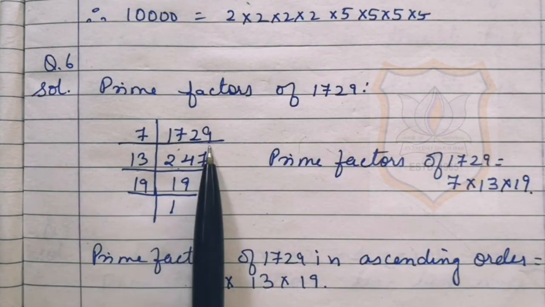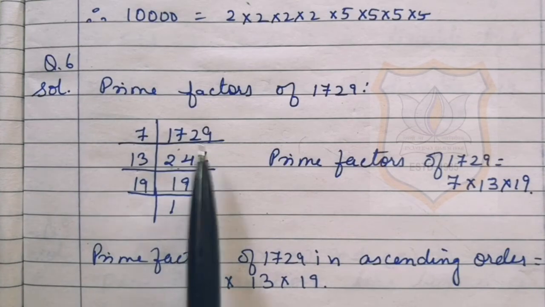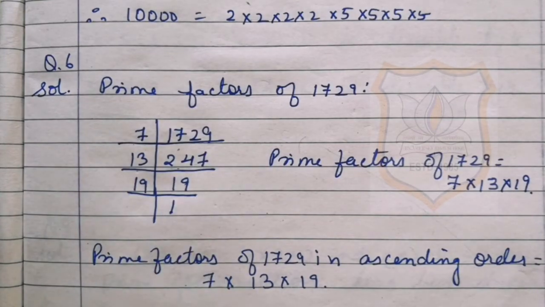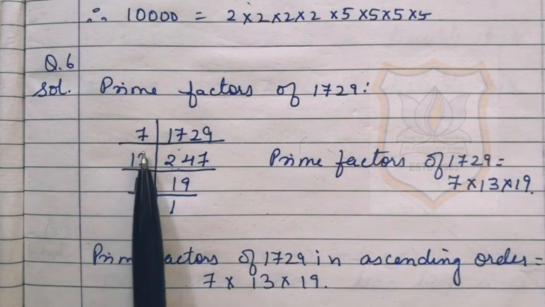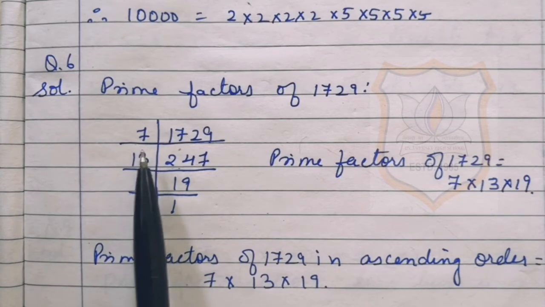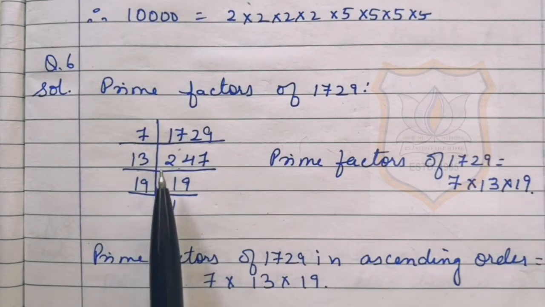As the unit digit is 9, the number is not divisible by 2 and 5. And if we add these digits, we get 19, and 19 is not a multiple of 3. So the number is not divisible by 3 also. Then we can use 7 as a prime number, and by dividing 1729 by 7 we will get 247